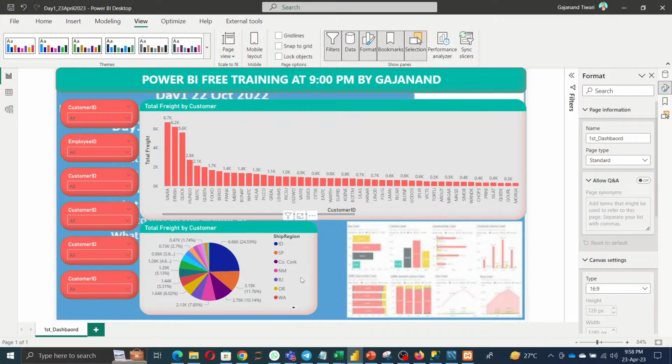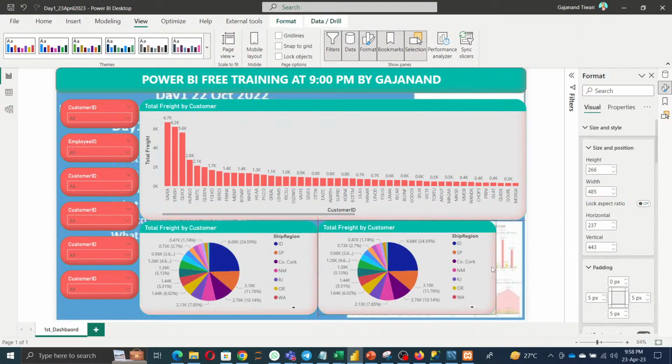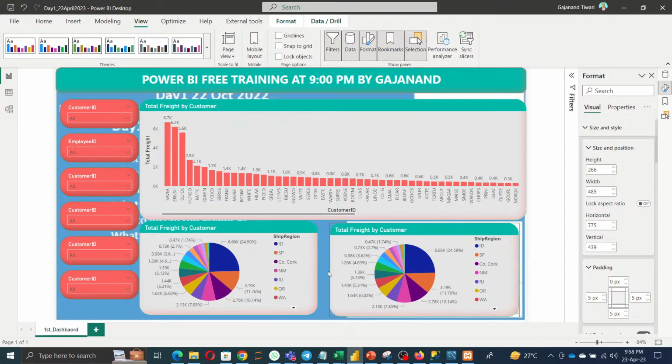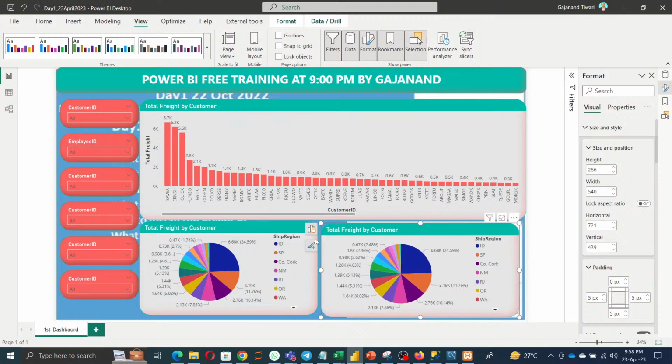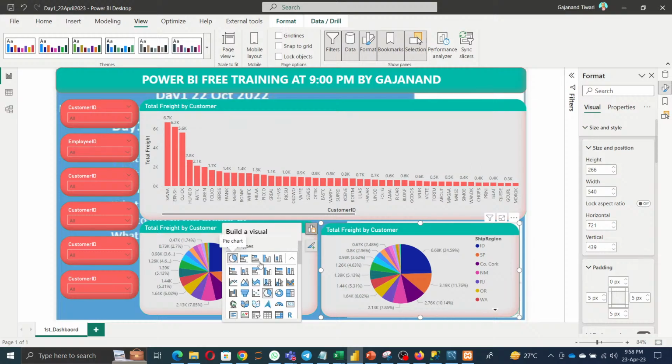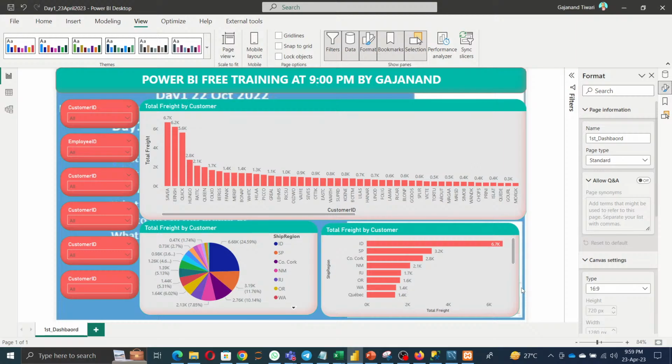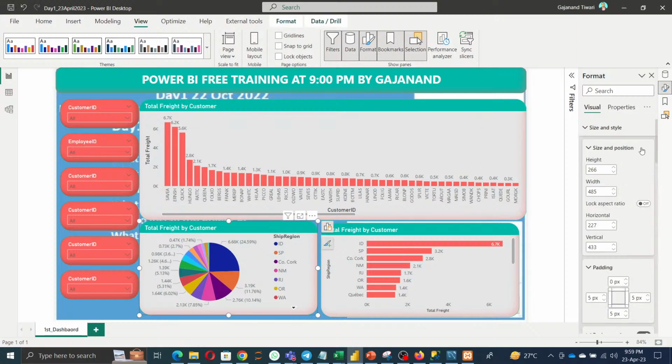Next category, copy and paste. I'm not looking for the pie chart, I'm looking for the vertical stacked bar chart, and this is the situation. So see, and let's change the title. So here I selected the ship total paid by